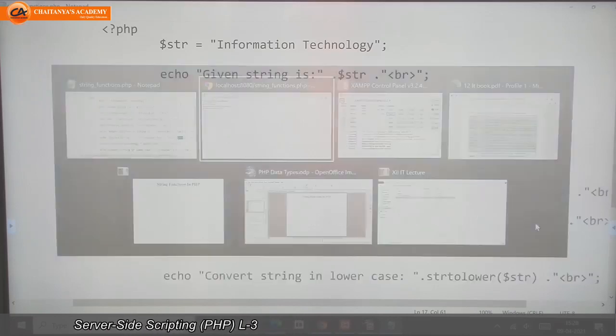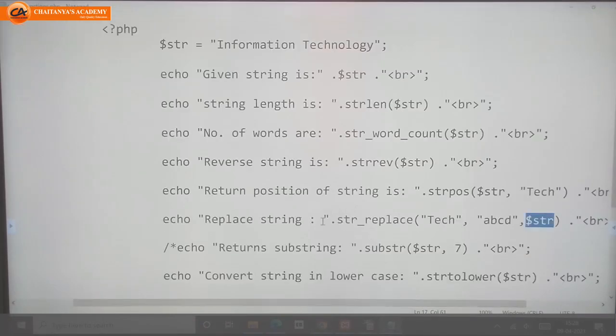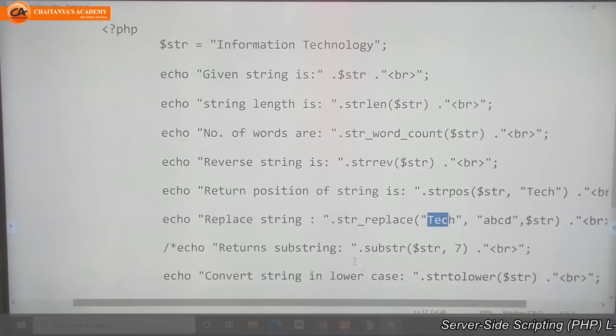So we'll see, replace string: information ABCD knowledge. Here I am going to replace the tech word with ABCD. See, here it is doing the same thing. Information ABCD knowledge means the browser replaced the tech word with ABCD.